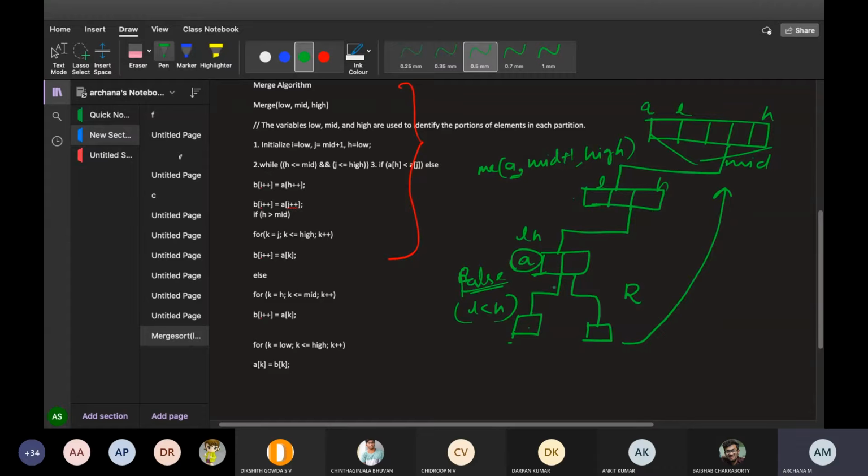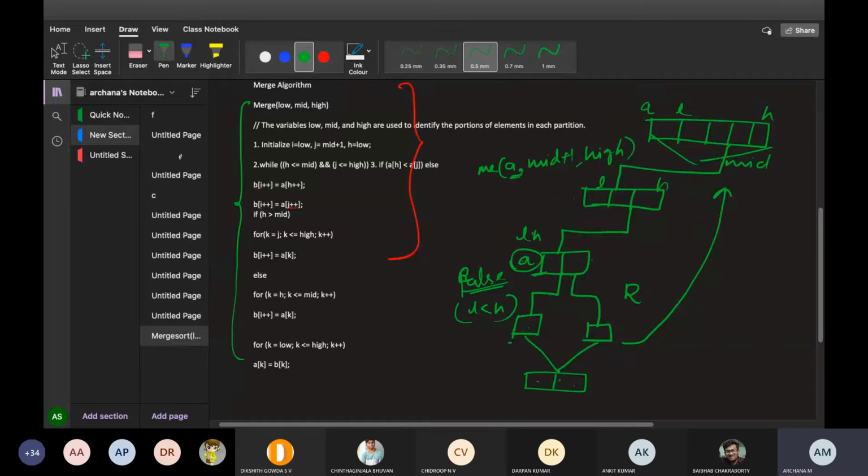Now look here, as soon as this becomes false, it will go to this part and divide that into the right part. Now I'll get these two parts, right? Now here merge will occur. Whatever this function is there, that will occur. So this will now merge the two different parts. Merge them, that is, you'll get an answer for this here. That is the solution for this.